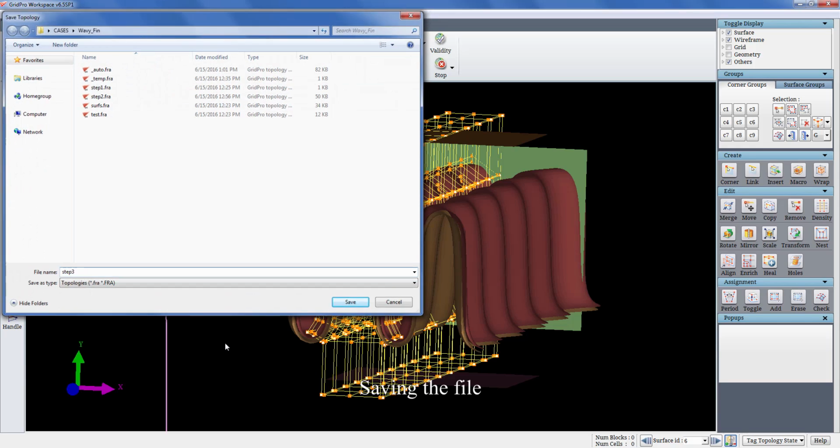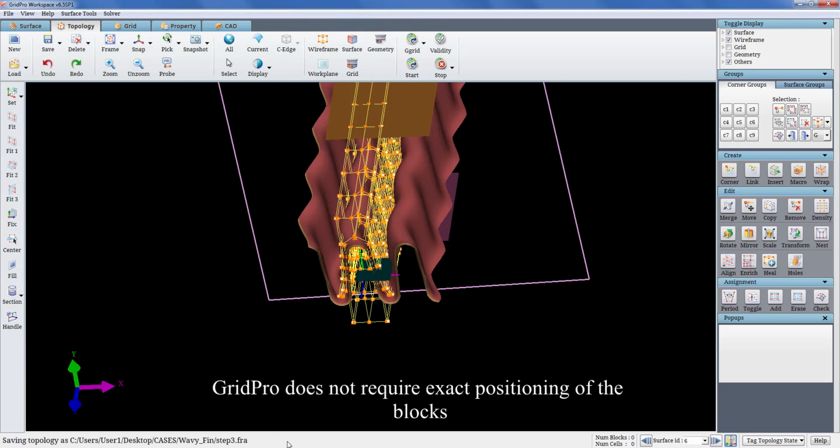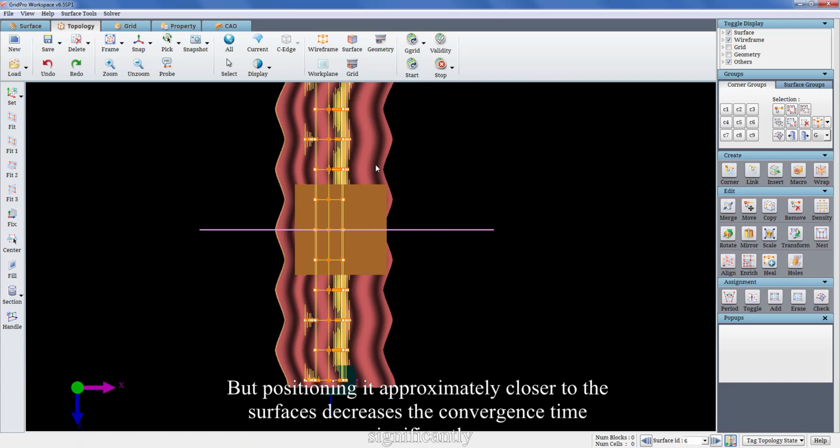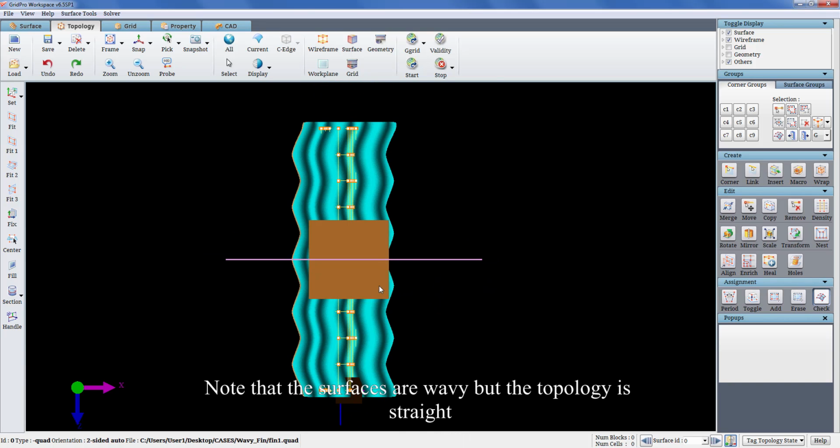Saving the file. GridPro does not require exact positioning of the blocks, but positioning it approximately closer to the surfaces decreases the convergence time significantly. Note that the surfaces are wavy, but the topology is straight.